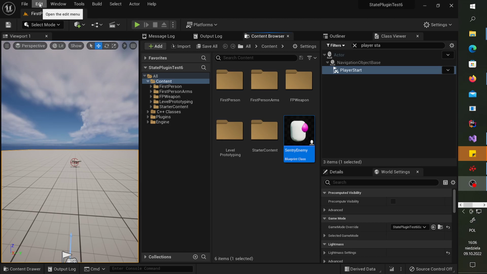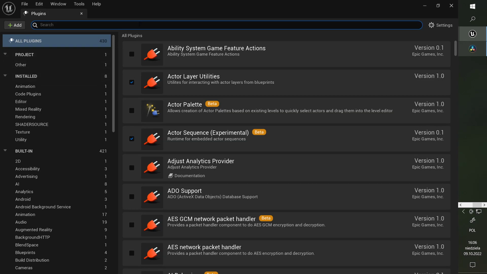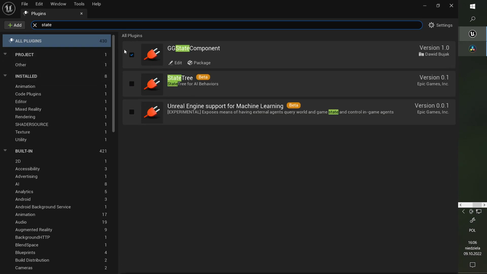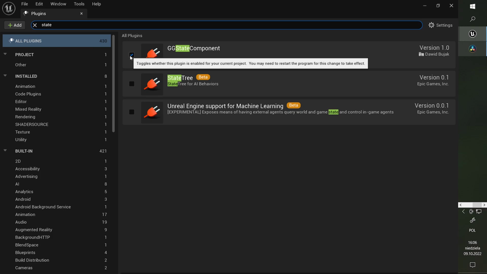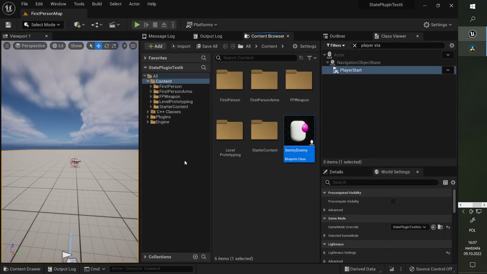And as it loads, we need to enable the plugins. So go to Edit, Plugins, type state component. It's called GG state component, tick it, and then you will need to restart the editor. When you did it,